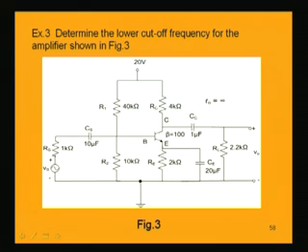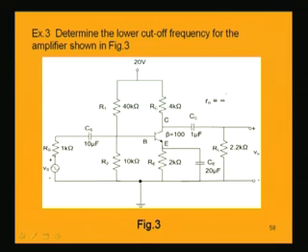In order to do that, we have to find the effective resistance for each of these capacitances and then find the corresponding cutoff frequencies, and out of all the cutoff frequencies obtained for these three cases, we will take the largest value. This circuit is nothing but a common emitter amplifier,